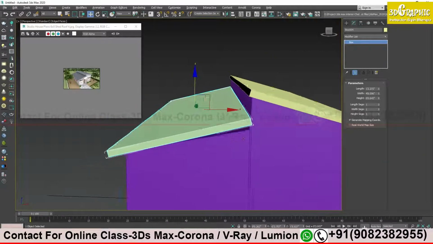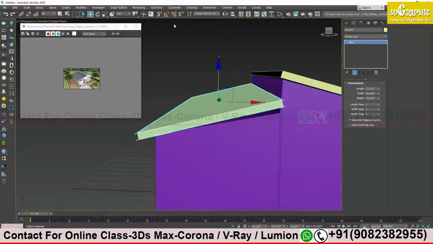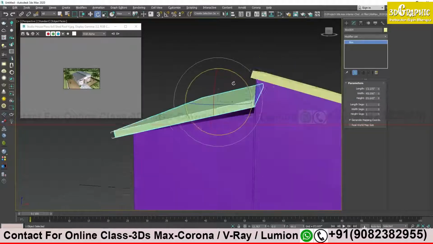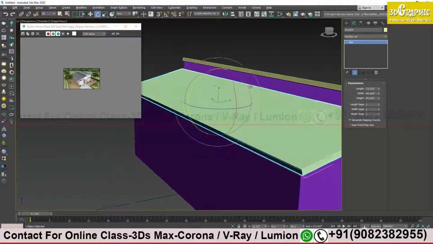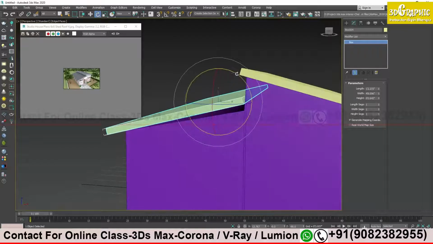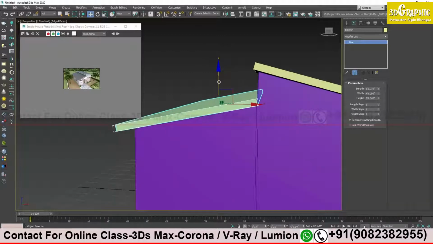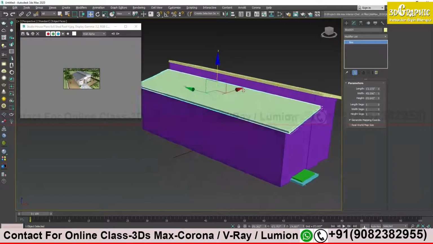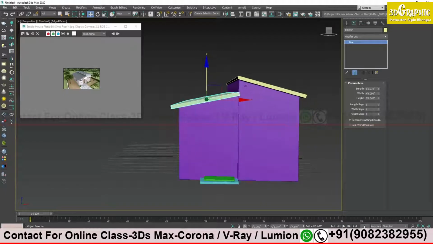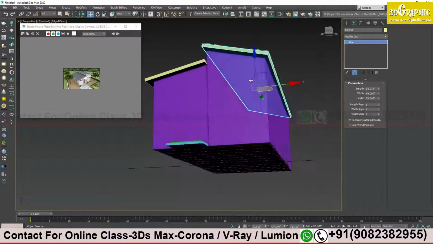There is a gap, there should not be a gap. Click on the object and try to rotate it. Take the rotation. Move your viewport properly and then adjust the height. And I am done. A little bit over here.